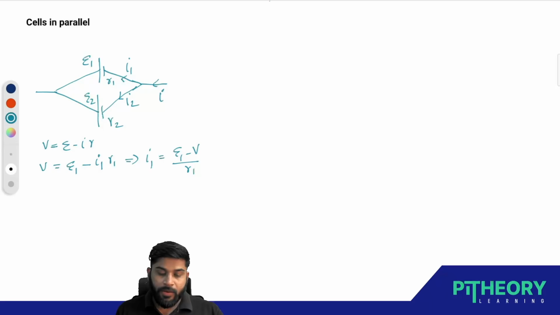In the same way, if I take the lower cell, that also we can write: V is equal to epsilon 2 minus I2 R2, which will give you